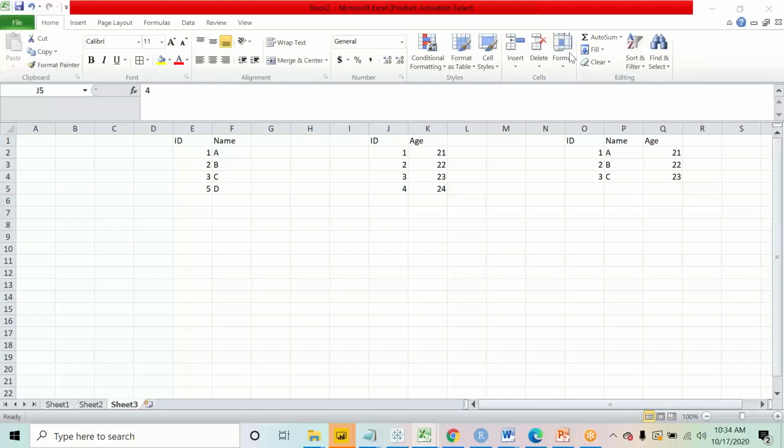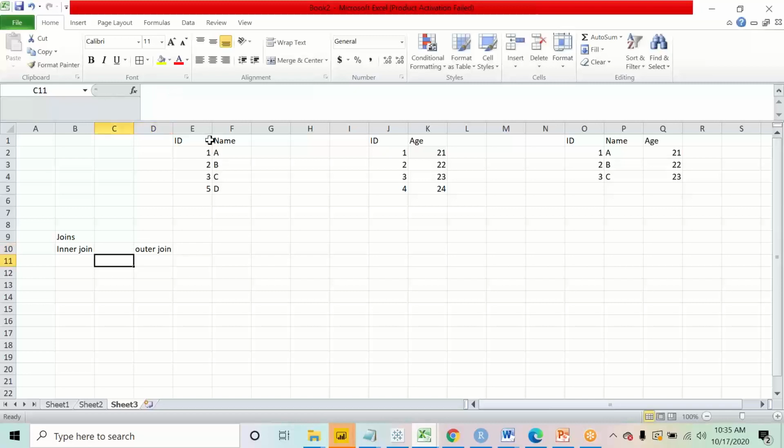Okay, great. Now, I want to combine these two data sets together. In data set one, I have ID and name. In the second data set, I have the ID and the age. When you have to combine these two data sets, there are some ways of doing it, and that is called joins. Joins are of two types. One is called inner join, and another type of join is called outer join.